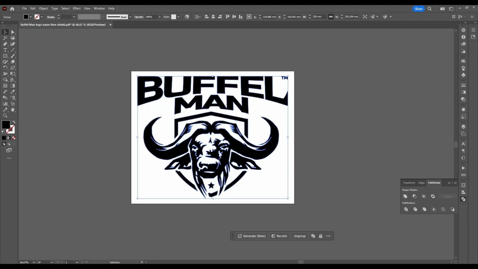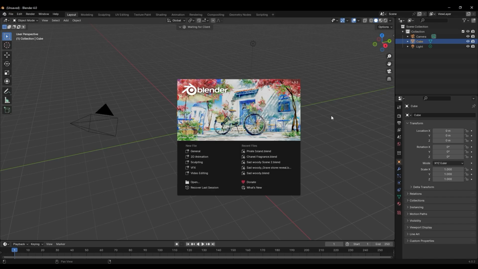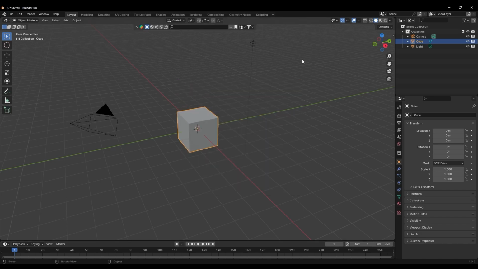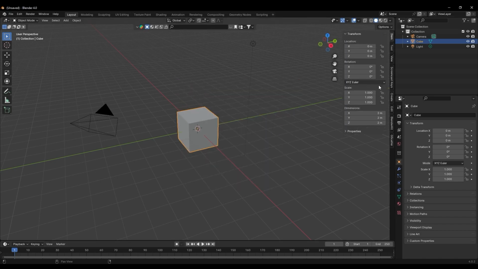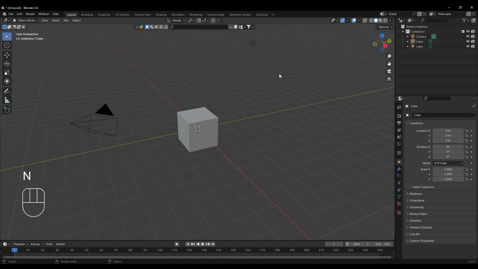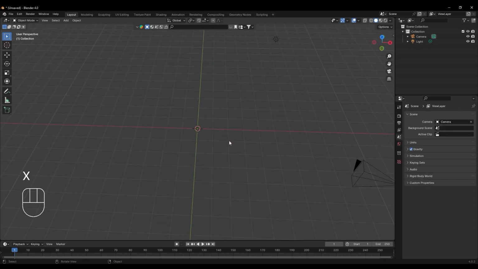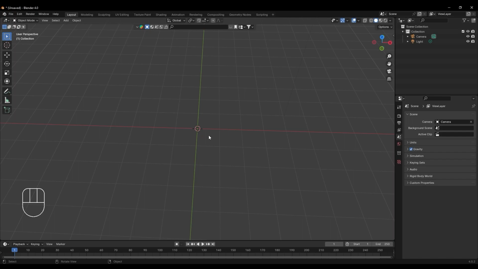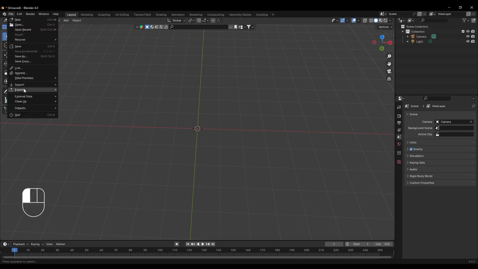Now that that's done, we can jump over into Blender. I'm using Blender 4.0.2. There might be a newer version, but it doesn't really matter. You can use any version of Blender. Going into our scene here, let me just add this so you guys can follow along. First thing we're going to do, as always, is delete that default cube because we won't be needing it. We're going to go to File, Import,